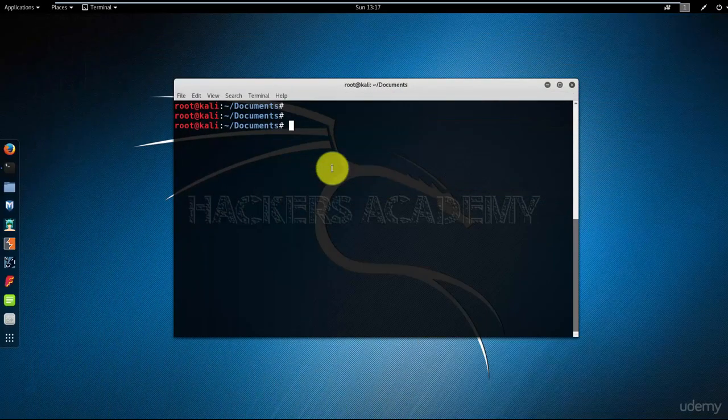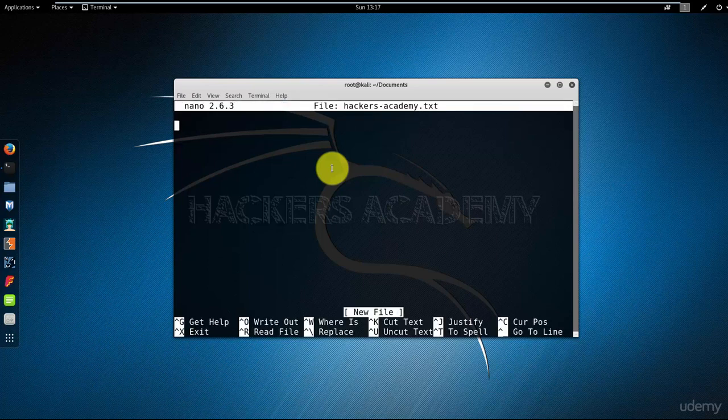I'm in my documents directory and I'm going to create a file called hackers-academy.txt. I do that by typing nano space hackers-academy.txt, and this opens a new file for me. Notice the title of the file on the top, hackers-academy.txt. There's a prompt blinking where I can type my text,